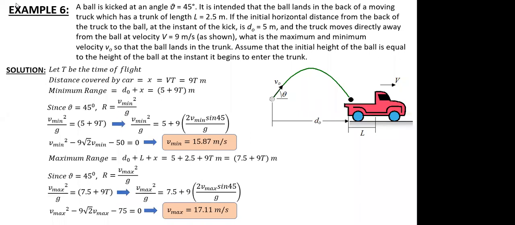And also one more thing I said, whenever the ball is reaching back on the ground, meaning it is a complete projectile, directly go by your standard formulas, your capital range, your capital time of flight, everything. So for a complete projectile, even if you don't go for horizontal and vertical, it's fine. That will be a bit lengthy. If you apply the direct formula, obviously your time will be saved. Anyway, Nitya, Rajesh, Bhavya, your answers were correct. Your method was also correct. Just a bit lengthy, but no problem.